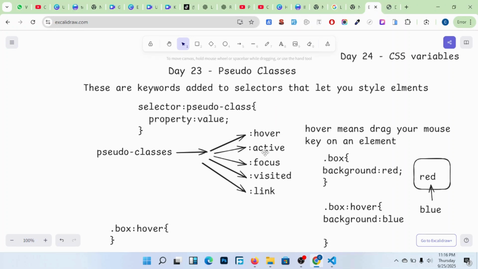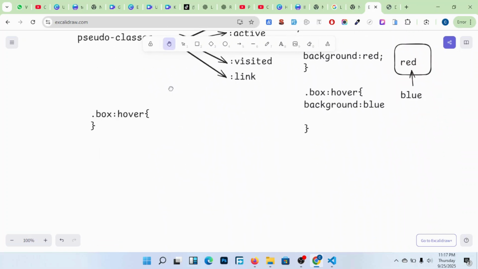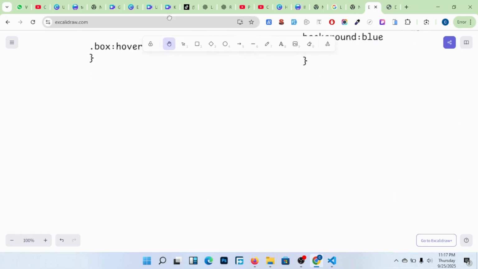These ones here, you can look at them in your free time: active, focus, visited, link. At least you have understood what pseudo classes are. So we have another one called the pseudo